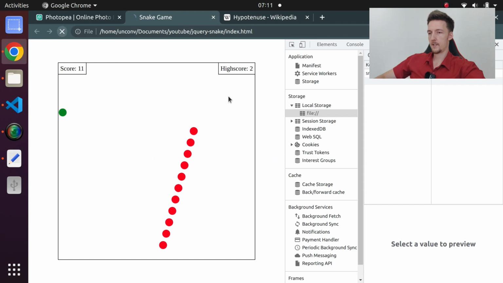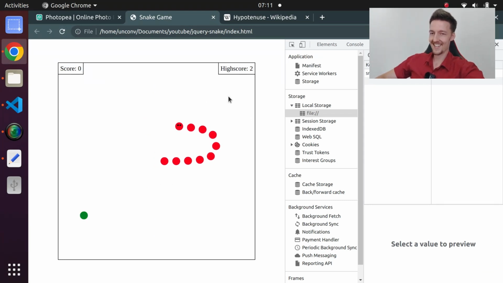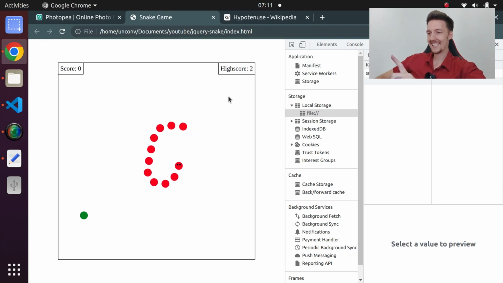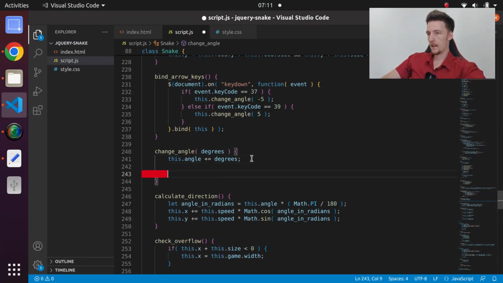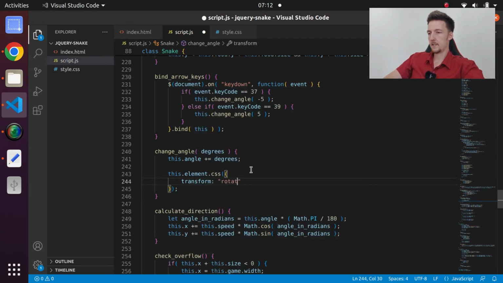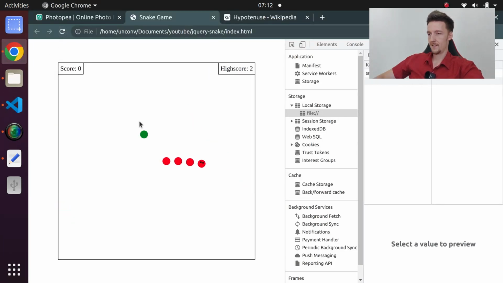So now if I refresh this, we have eyes on the snake, but the eyes are now always at the top of the snake. So how do I fix that? I will rotate it. So when I change the angle, I will also change the angle of the snake head. So this.element.css transform rotate, and I will add the degrees. So this.angle degrees. Let's see what happens. Yes,